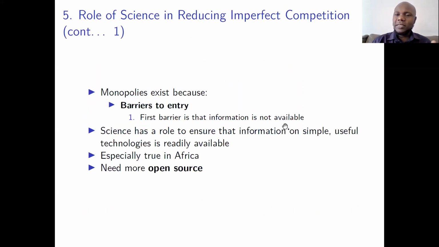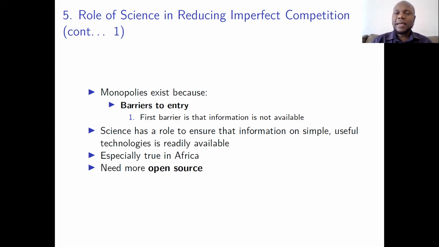Another important area where science can come through is in reducing monopolies. A monopoly is a situation whereby we've got one supplier supplying a particular product. If you look at the market for PPE, personal protective equipment, which has had a lot of hullabaloo during this coronavirus pandemic, let's assume there's one supplier. If there's one supplier, then there's going to be shortages. Why do we have one supplier? Sometimes it's because he or she is the only person with the right information, the person with the formulas on how to make PPE.